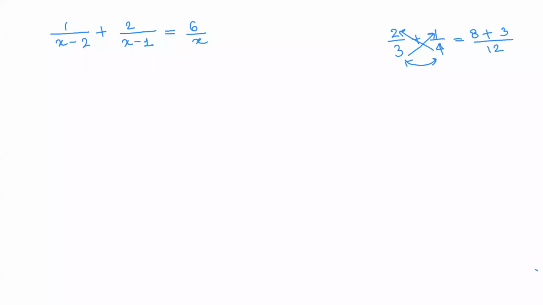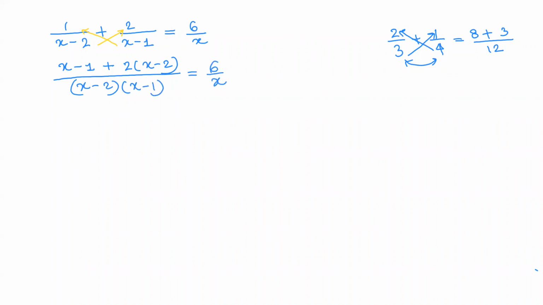The same thing we have to do it over here also. So see this one, this x minus 1 goes and gets multiplied by 1. X minus 2 goes on the other side, gets multiplied by 2. So x minus 1 multiplied by 1 is simply x minus 1. Anything multiplied by 1 gets the same thing. X minus 2 gets multiplied और डिनोमिनेटर में ये पास में मल्टीप्लाई हो जाएंगे, is equal to 6 upon x.